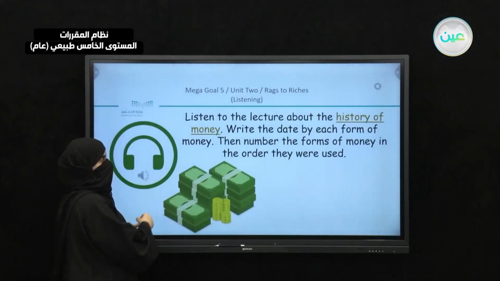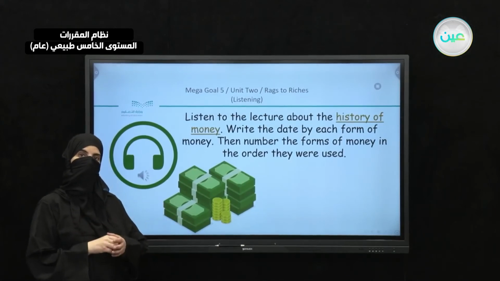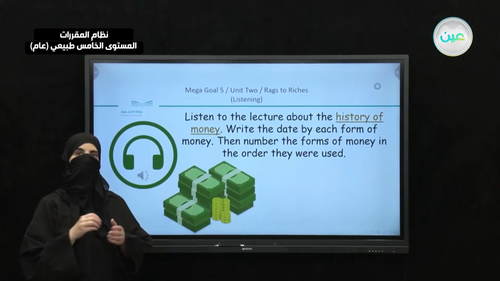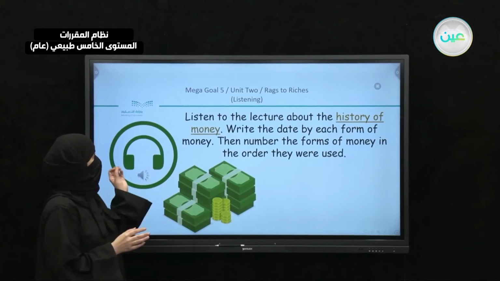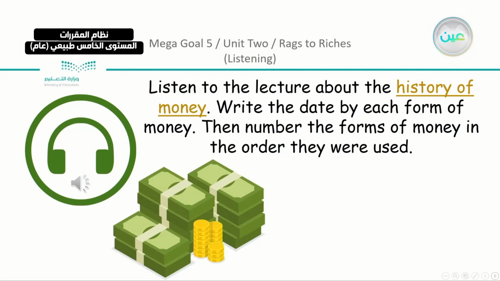Now, moving on, since we're talking about money, we have a listening script. So open your books on the listening lesson, Unit 2. Now listen to the lecture about the history of money. Write the date by each form of money, then number the forms of money in the order they were used. So just to take an idea before we start,